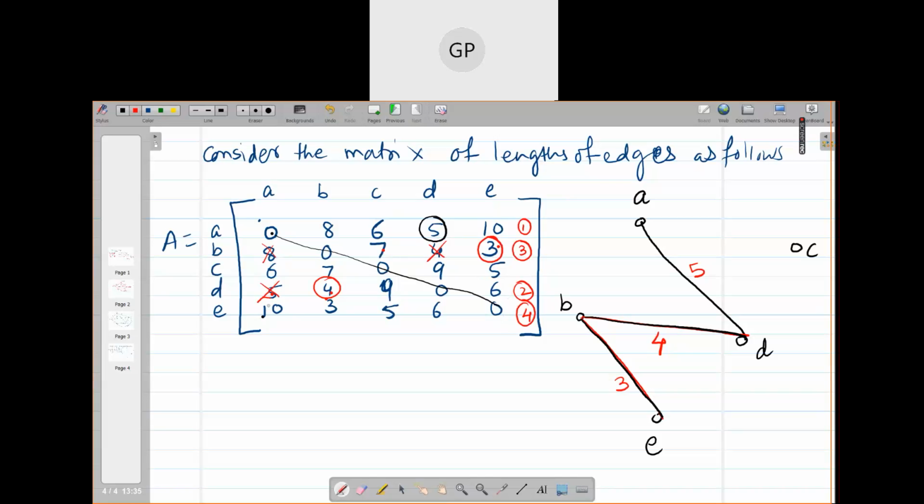Now I cannot go to A because my journey will be ended. I cannot go to B also because I'm not supposed to repeat any vertex. I cannot go to D also because again repetition of vertices will happen. So I am left with which choice? Only 5, that is C. Do you understand it?